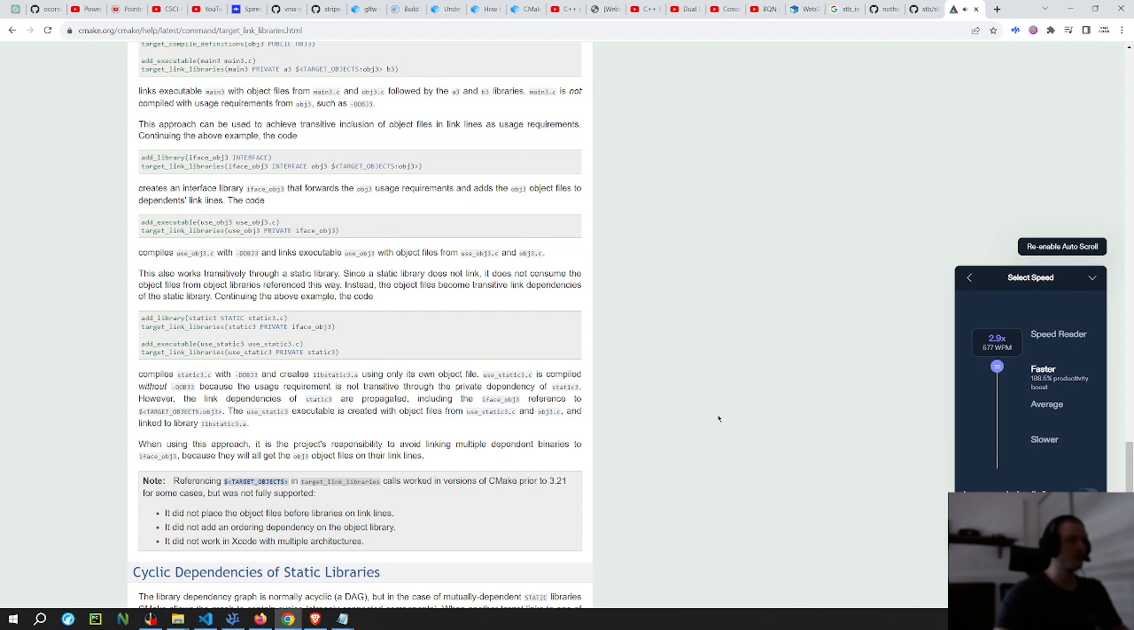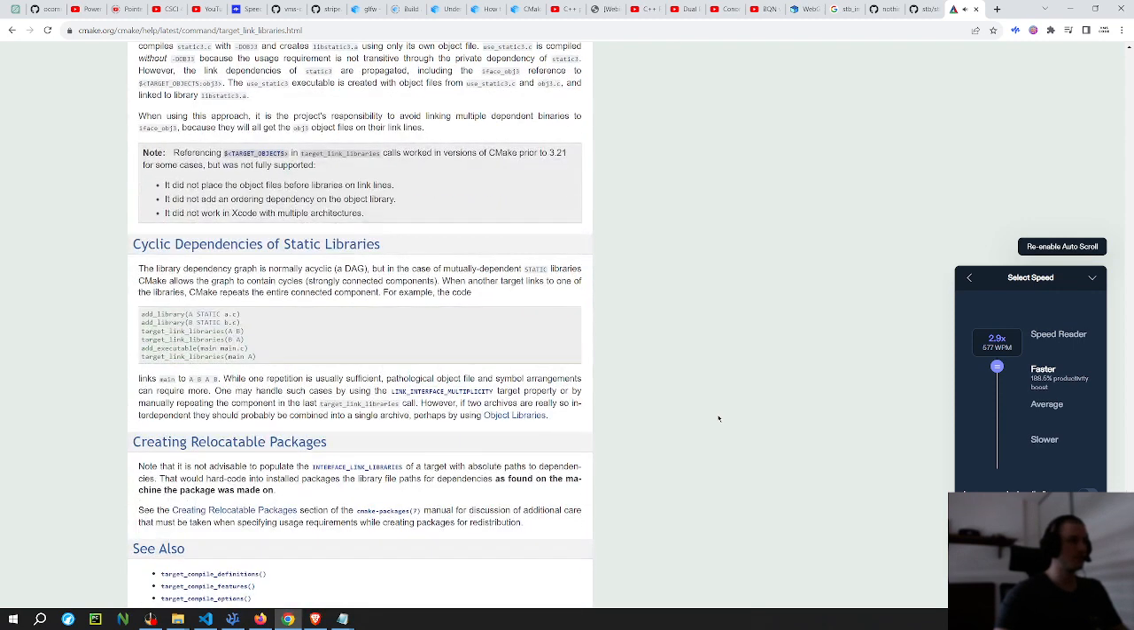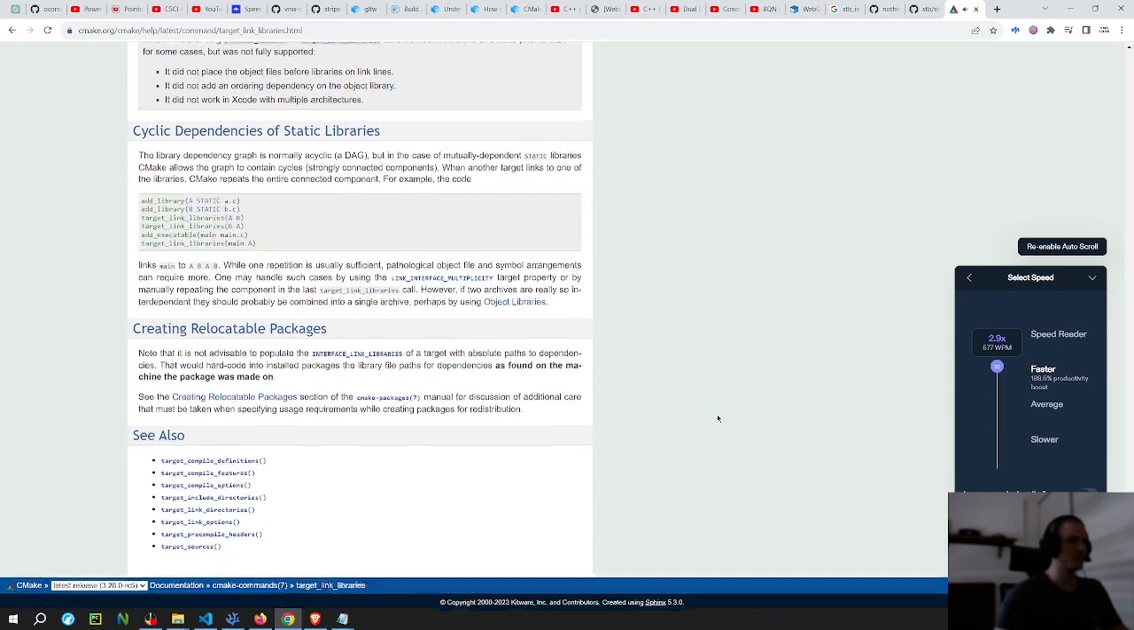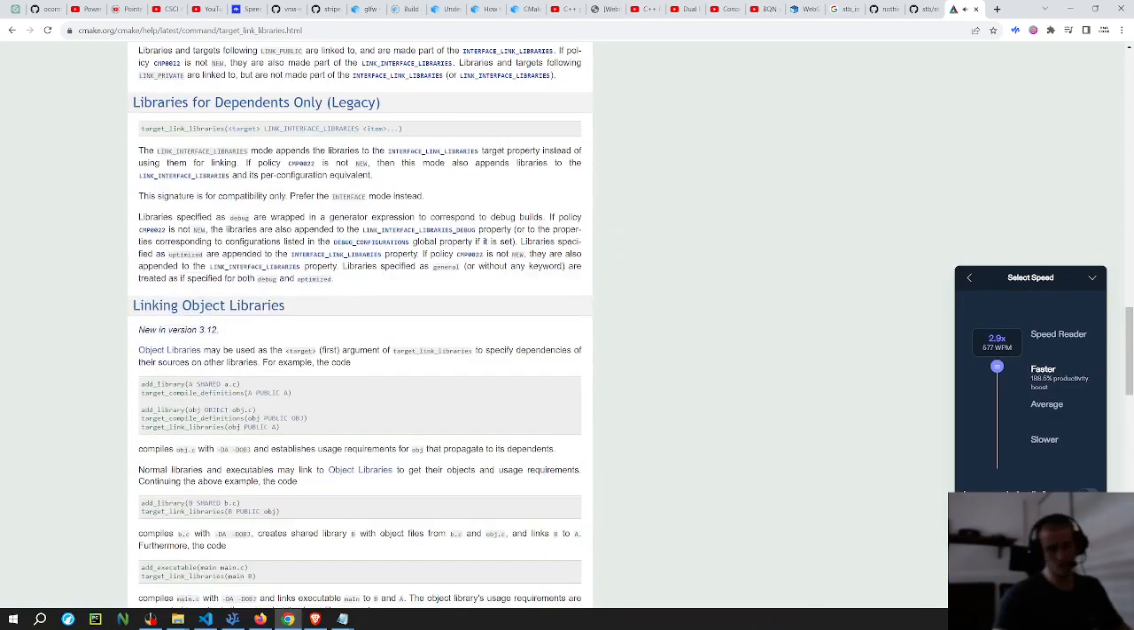Libraries specified as debug are wrapped in a generator expression to correspond to debug builds. If policy CMP0022 is not NEW, the libraries are also appended to the LINK_INTERFACE_LIBRARIES_DEBUG property or the properties corresponding to configurations listed in the DEBUG_CONFIGURATIONS global property, if it is set. Libraries specified as optimized are appended to the INTERFACE_LINK_LIBRARIES property. If policy CMP0022 is not NEW, they are also appended to the LINK_INTERFACE_LIBRARIES property. Libraries specified as general or without any keyword are treated as specified for both debug and optimized. Linking object libraries, new in version